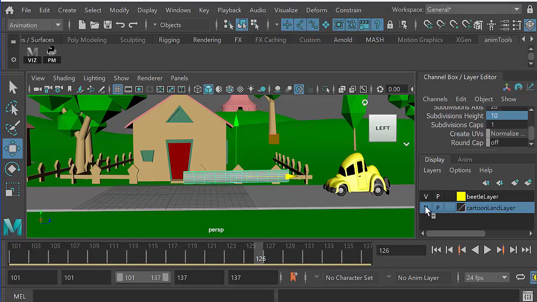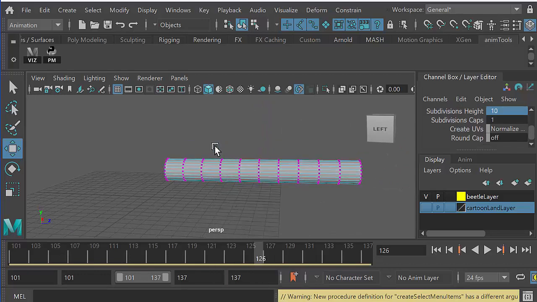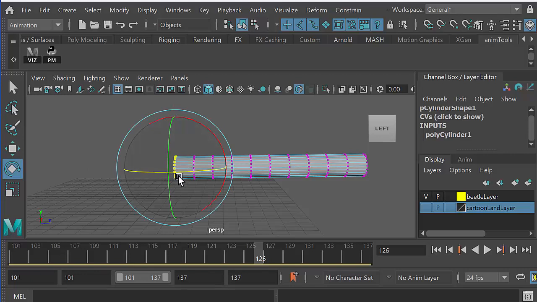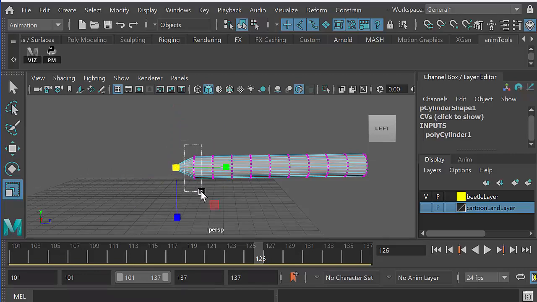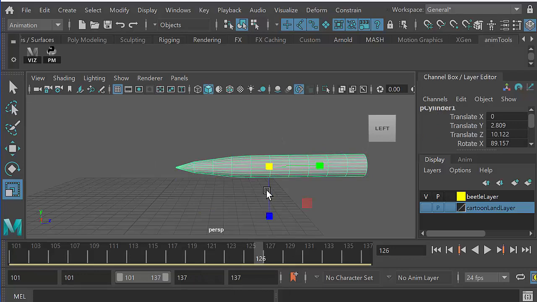And let's turn off Cartoon Land, and let's right click for vertex mode, and then let's just sort of use the scale tool there to just shape that a bit. So we're getting more of a kind of squidgy shape to it. Then right click back to object mode, and now we want to assign a material to